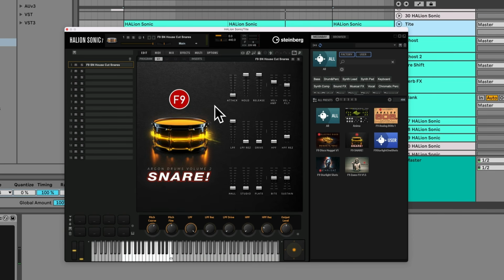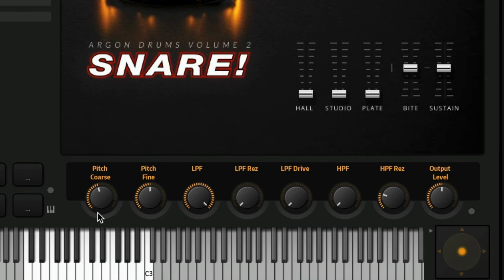So as well as the GUI controls that you can see here, I've also added some macros. You can change the pitch in either coarse tones or fine semitones here. Low pass filter cutoff, low pass filter resonance. Oh yes, the low pass filter drive. Now, the drive, I've always thought, in one of the filters inside of Halion has always sounded fantastic. Macros for the high-pass filter and the output control are also available,